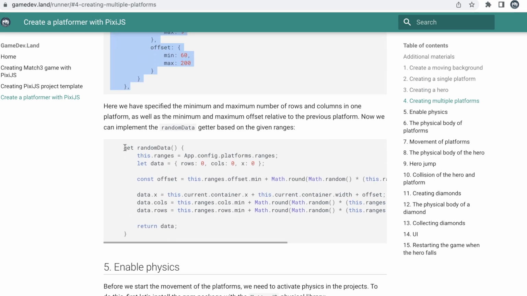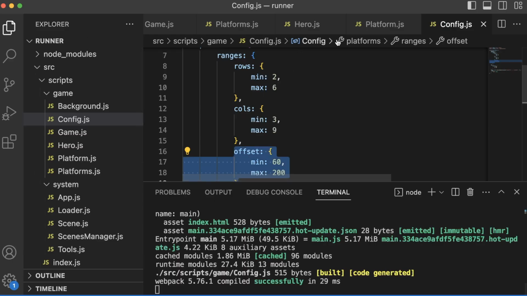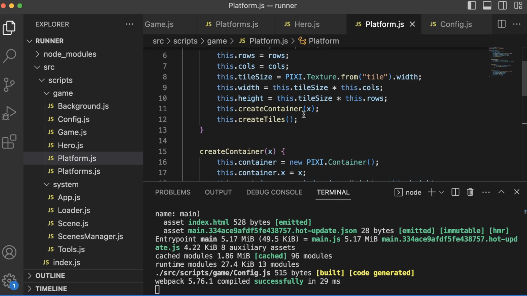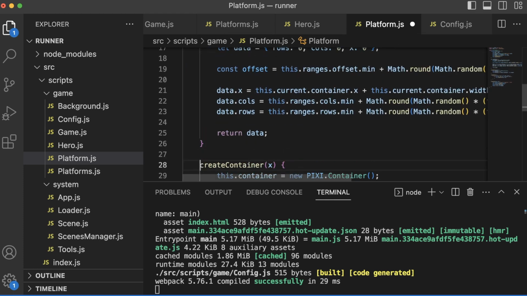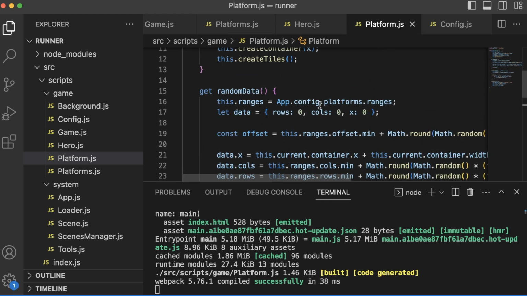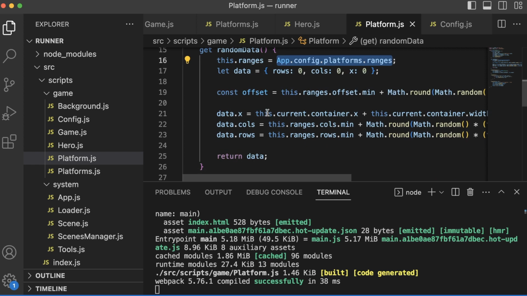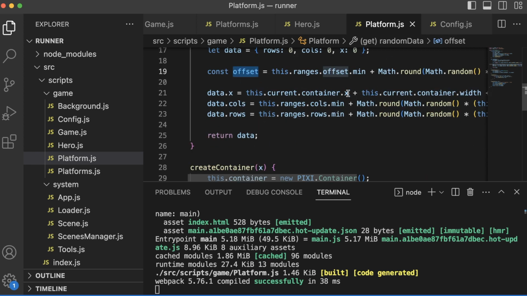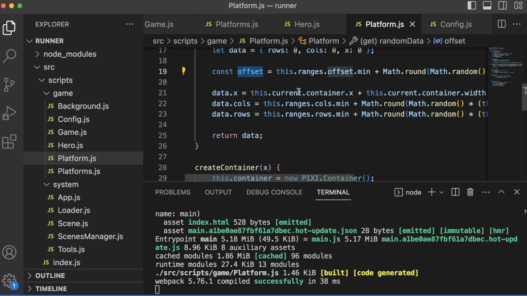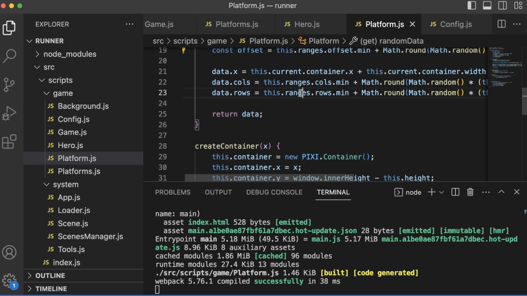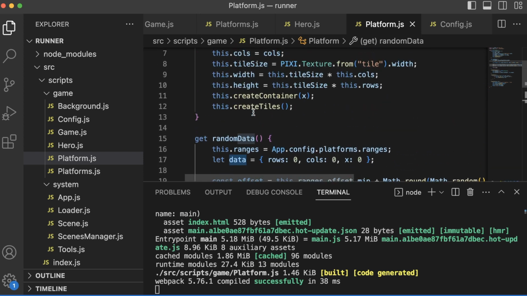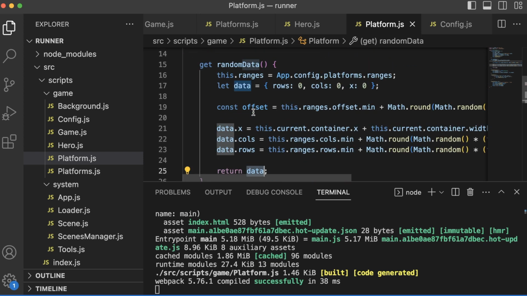Let me copy this getter and go to the platform class, and paste this getter here. Here I'm using the config ranges to get proper data, calculating the offsets, calculating the number of rows and columns randomly, and finally I return data which follows this,